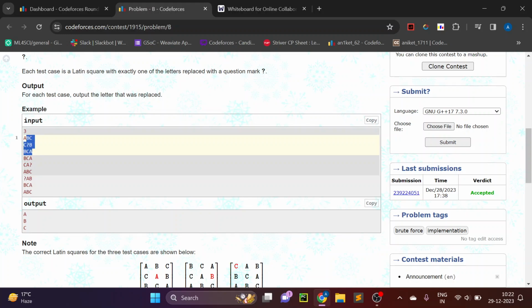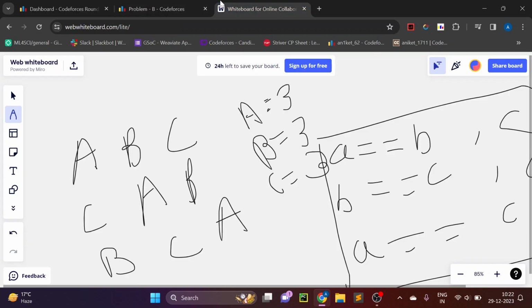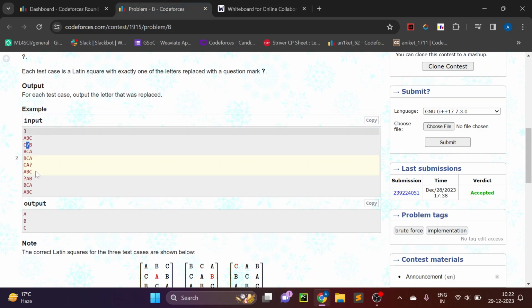For example, in the first case, B occurs thrice, C also occurs thrice, but A occurs only twice, so we have to replace that question mark with A such that it satisfies this condition. And similarly, in the second, the occurrence of A is 3, the occurrence of C is also 3,